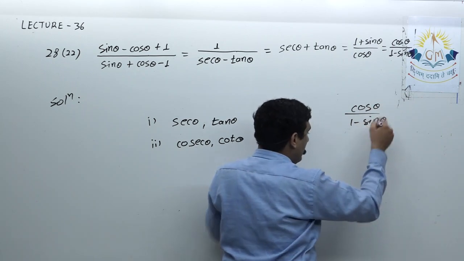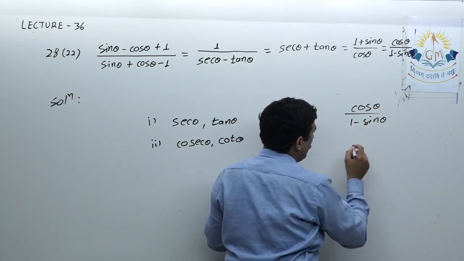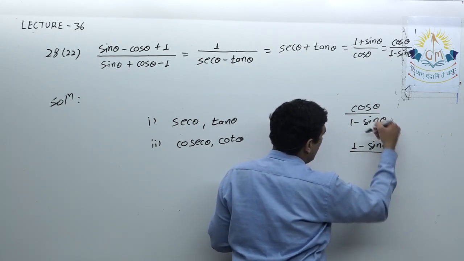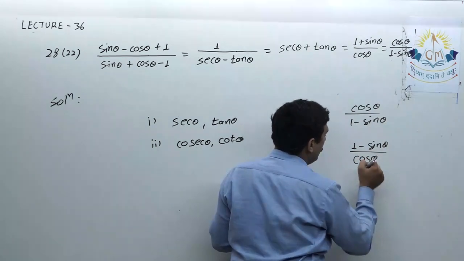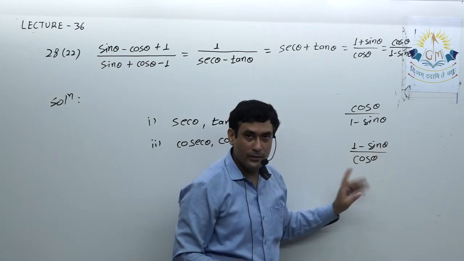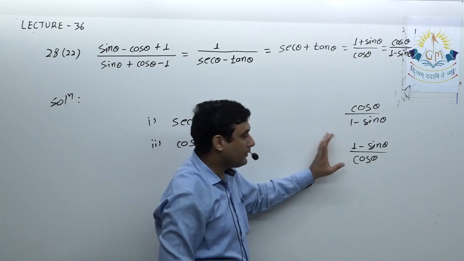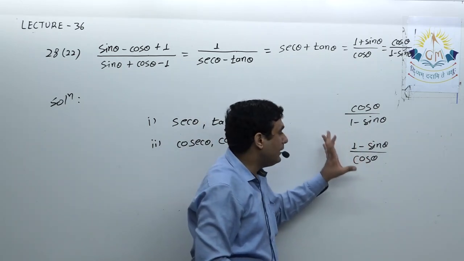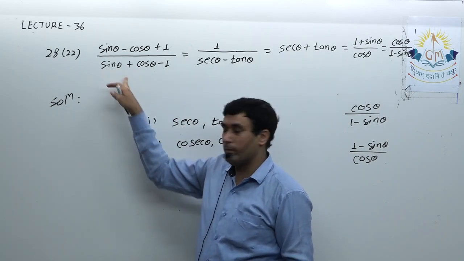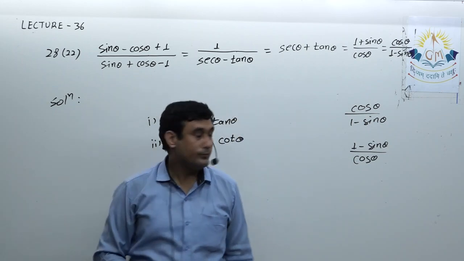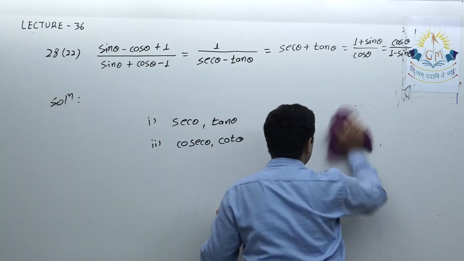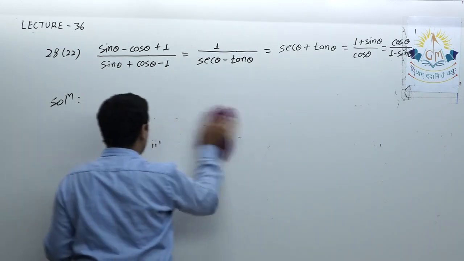Okay, so if I rationalize this, or you can do it this way, write it in reverse order, that means numerator and denominator interchange, and then check. So 1 upon cos is sec and sin upon cos is tan. However, this is not the correct way of solving this, but here we are interested in just identifying in which form we should convert the given expression, the first one or the second one. So this is the way by which we'll identify in which form we have to convert the first expression.